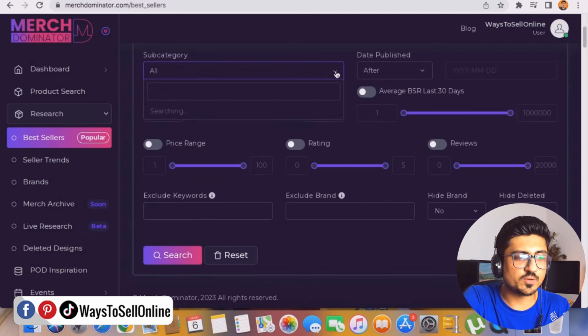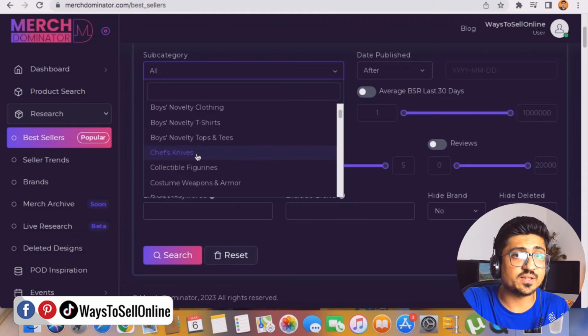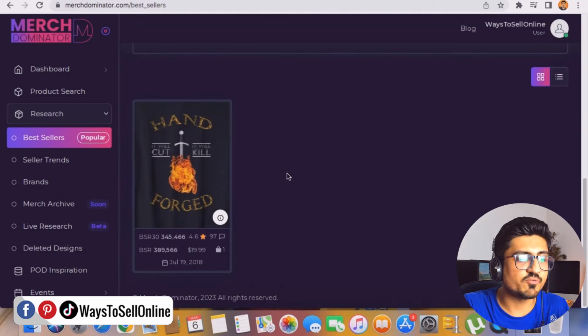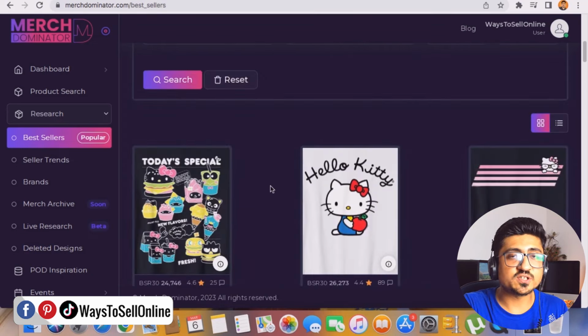Like if I click on this drop down menu, I can find any category like boys, baby, girls or anything I want. So if I click on chef knife, it will start showing me some t-shirt designs regarding kitchen or chef. If we click on search, let's see what designs we can see. If we go down, we can only see one design. If we click on men's shop and click on search, we will be able to see some t-shirts regarding